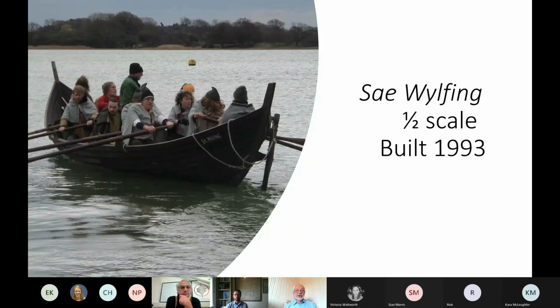Now, it has been a long-standing aspiration to build a reconstruction, and among the people interested in this was Martin Carver, our chairman, who was also the last person to do any major archaeological work at Sutton Hoo. An effort to get a reconstruction going was made in the early 2000s in conjunction with the National Trust at Sutton Hoo, but this somehow ran into the sands, and I must admit I don't know the full details of that. But an opportunity did arise, next slide,